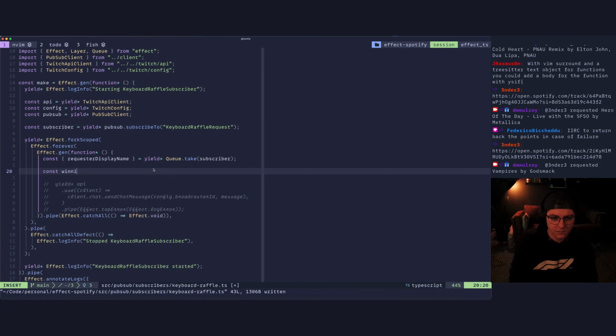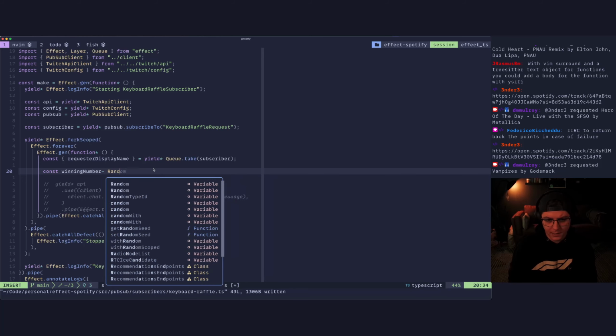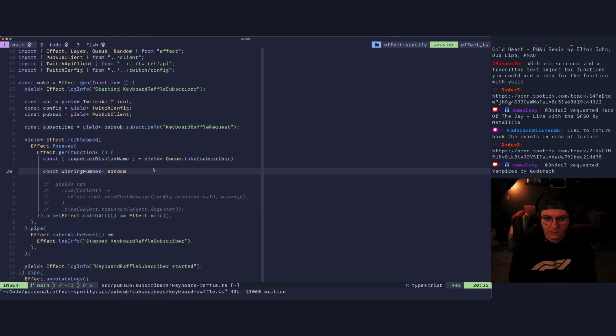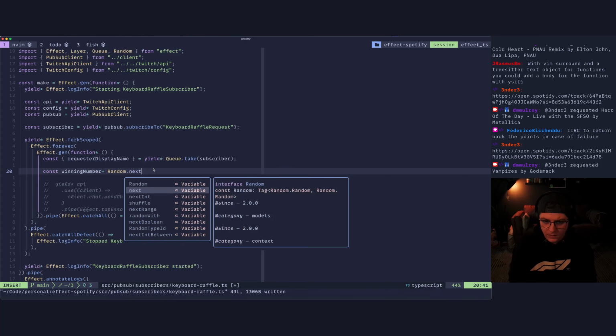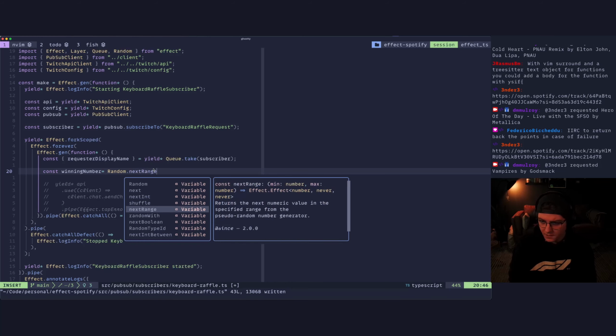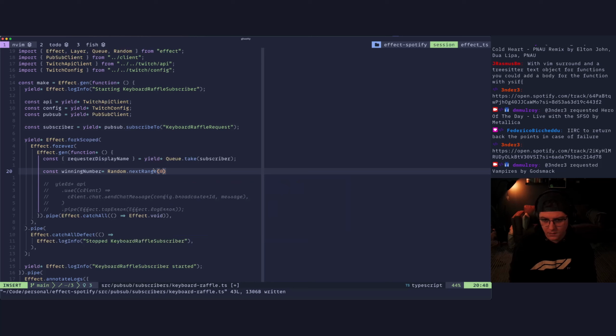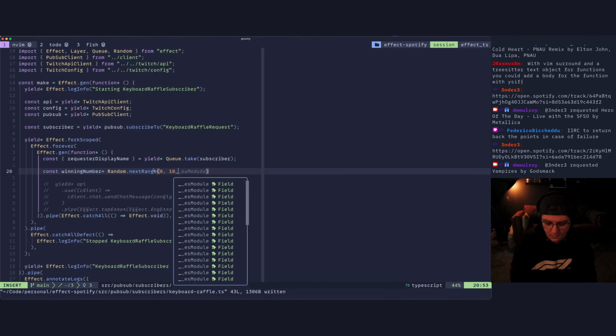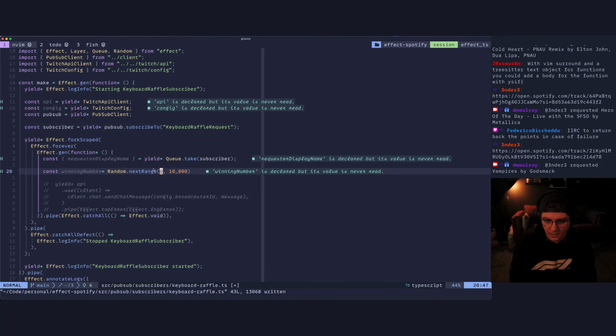So const winning number. I think there's a random package in Effect. Let's see what we get with that. Can I give this bounds? Next range. Yeah, 0 and 10,000. Is that inclusive or exclusive?